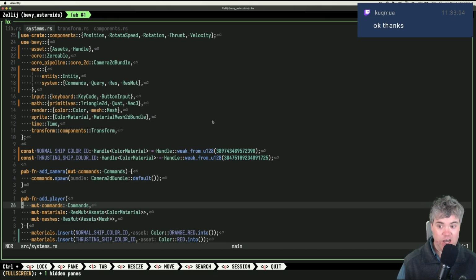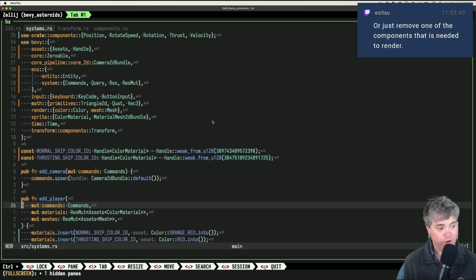Like I could set the alpha to 0 or 100, depending upon whether or not the thrust value is true. Is that what the thought is? Or just remove one of the components that is needed to render. How would I constantly add and remove a component for it?